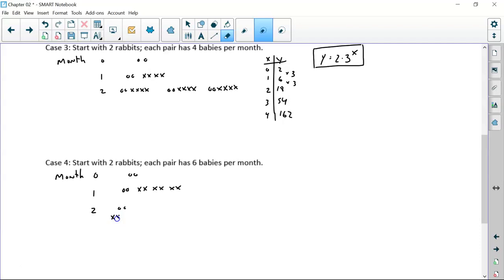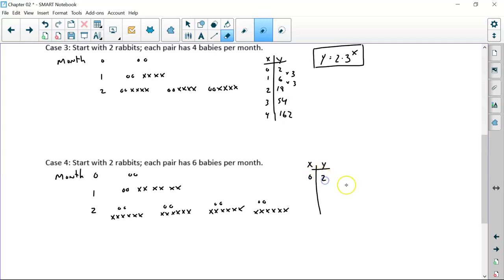Here's our first set. So one more set. That grows even faster. So looking at a table, because I don't feel like drawing any more circles and X's,